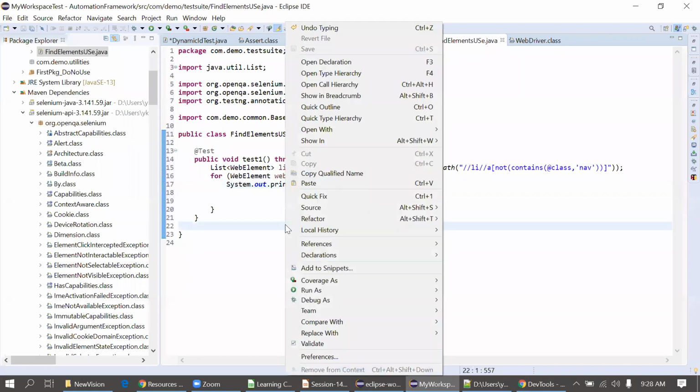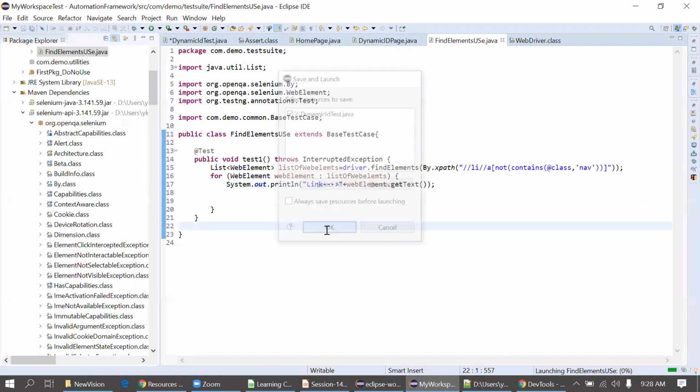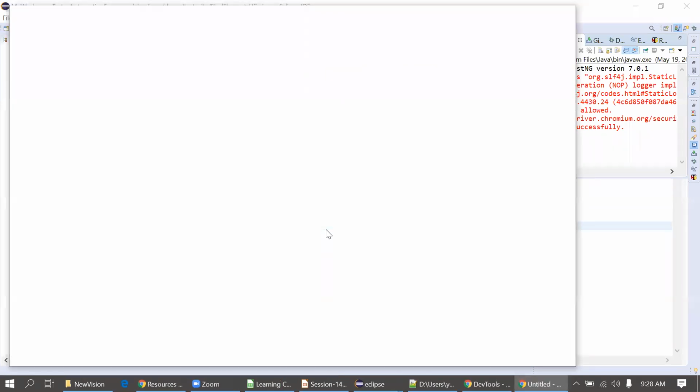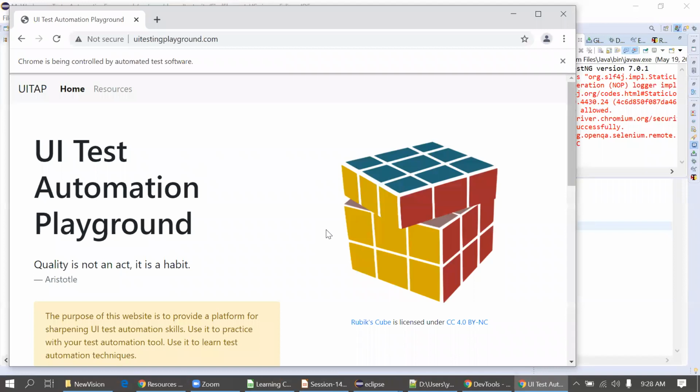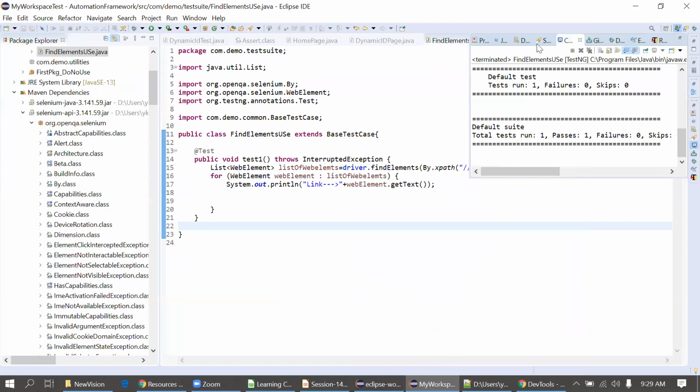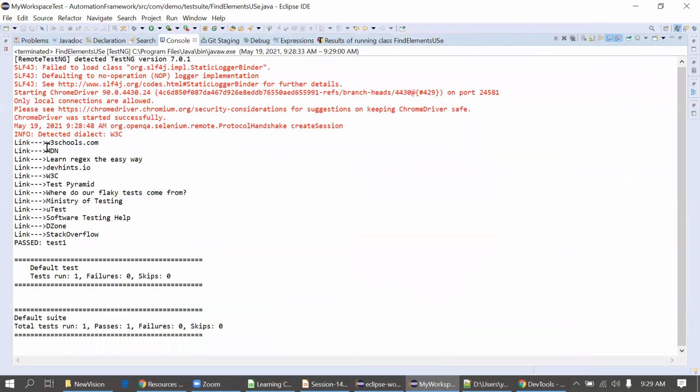Now I'll execute this code. Sir, here we only get the text of the links, right? Yeah, getText of the links. We don't go inside the link. No, I'm just getting the links list only, I'm not clicking on that link. But since you are getting the text, you can perform any action, you can simply use the click option there and it will go inside that link. Actually, I have not written the code to go inside this resources, I just manually clicked there. So it printed all the links.